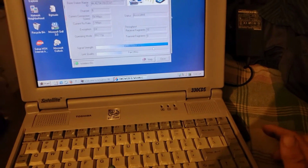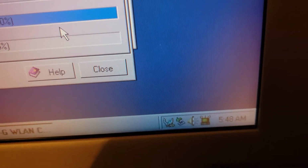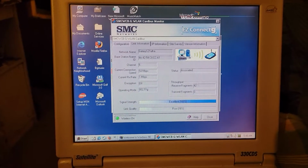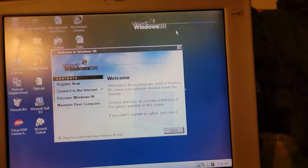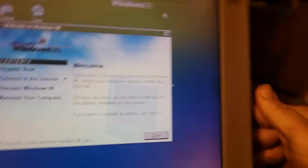Okay, now we're connected, as we can see from the lights and right here. So we are connected. And we also got the green light there, right here. So that means we are connected. Close out that. I'm gonna go ahead and put this in my lap so it'd be more comfortable, since after all this is a laptop. And now it says,